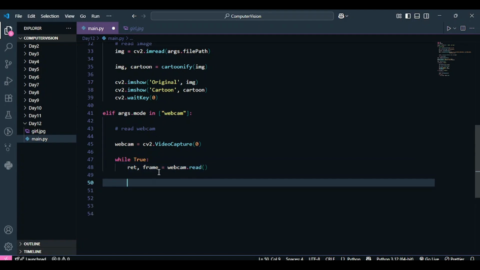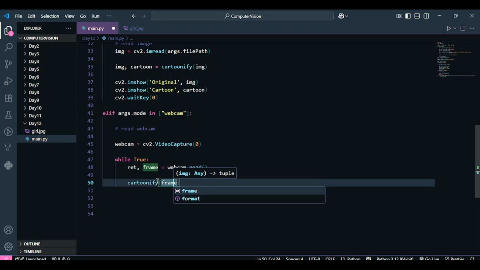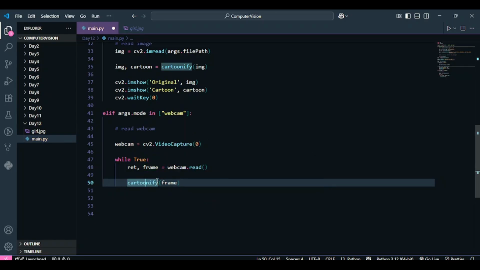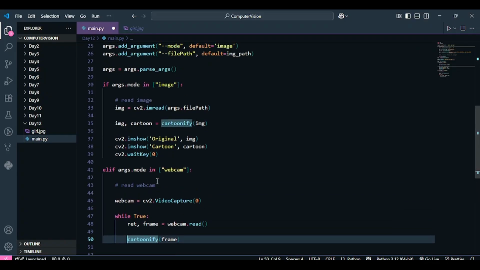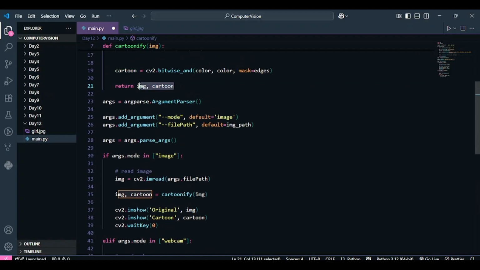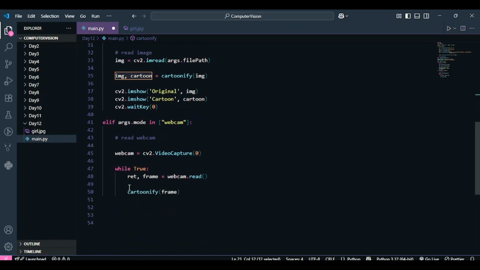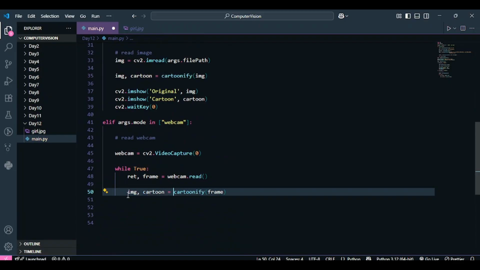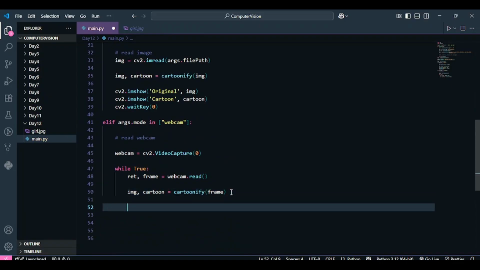So now we are going to apply cartoonification on this frame that we have just read. I'm going to call my cartoonify function, and I'm going to pass my frame over here because my frame is my image in this case, and since it's returning two things, an image and a cartoon, I am going to write these two things over here and save them in these two variables. So now that I have cartoonified my frame, I am going to visualize it.